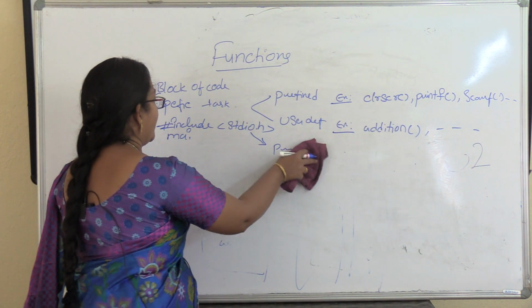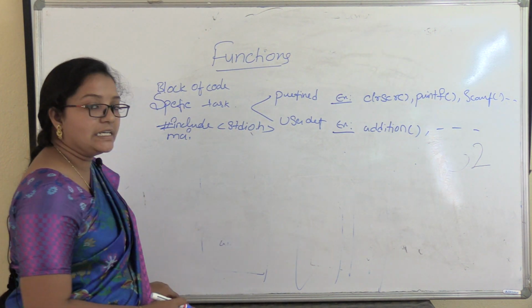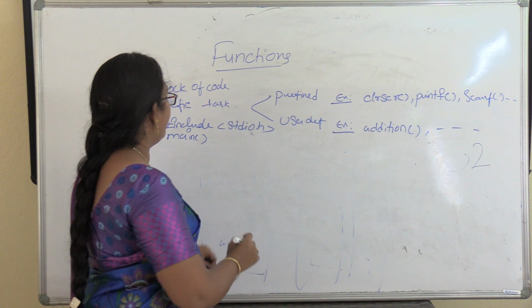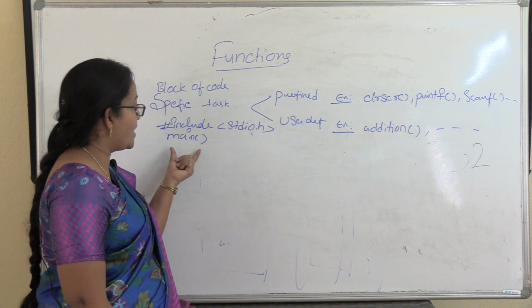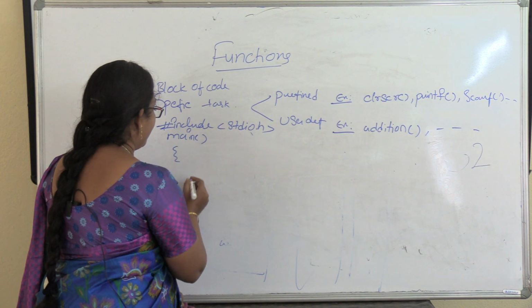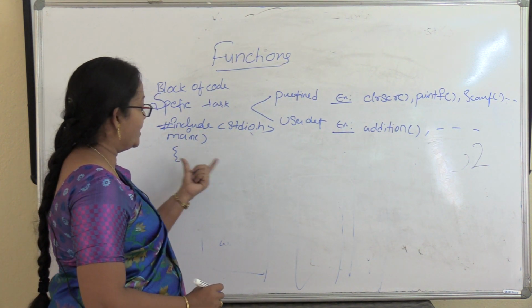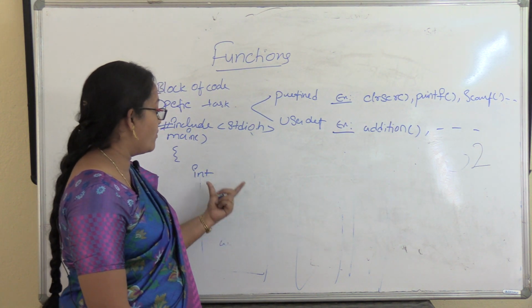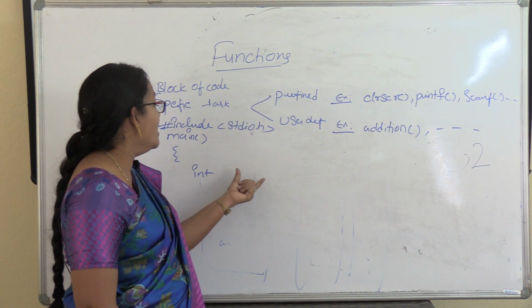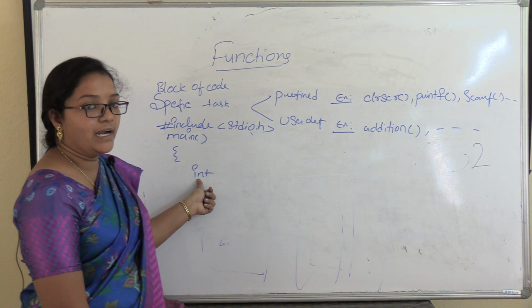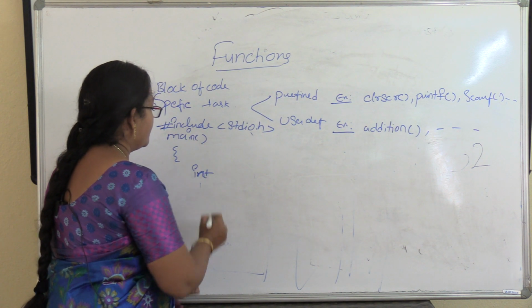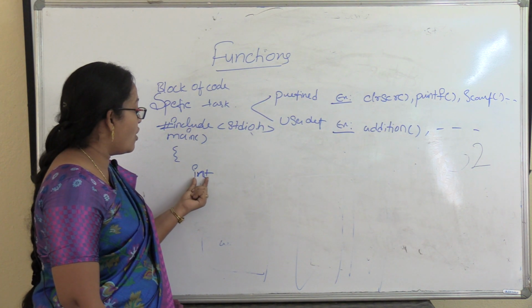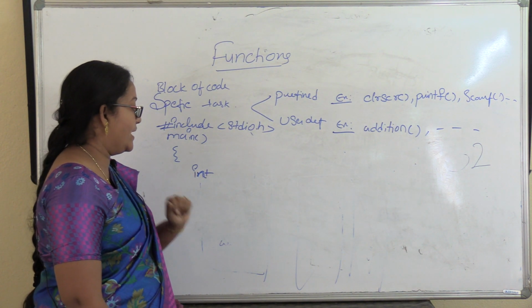Next one is main. Each and every program must contain a main function. We write the main function because execution starts from the main function. Next we have to declare the variables. What type of data and variables are required? Then we have to mention the data type. I am taking integer type of data, so I am taking int as the data type here.